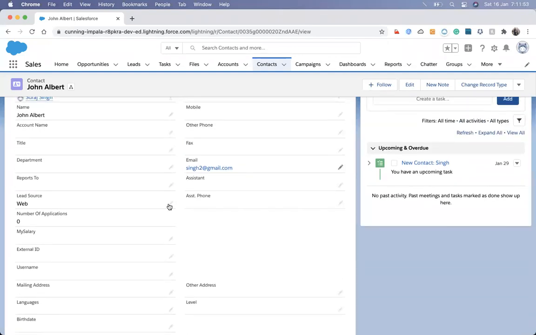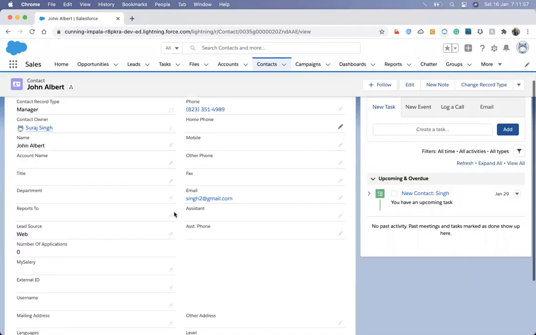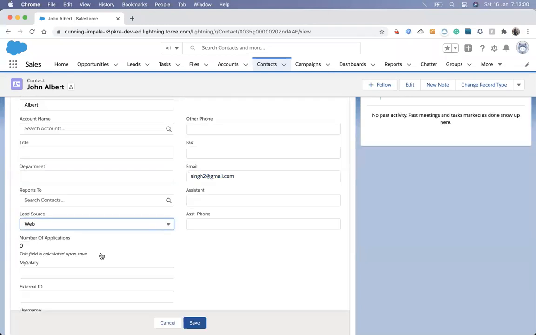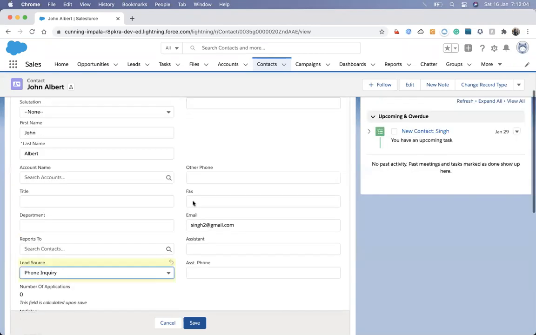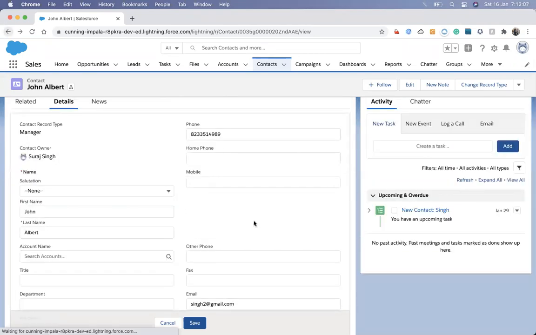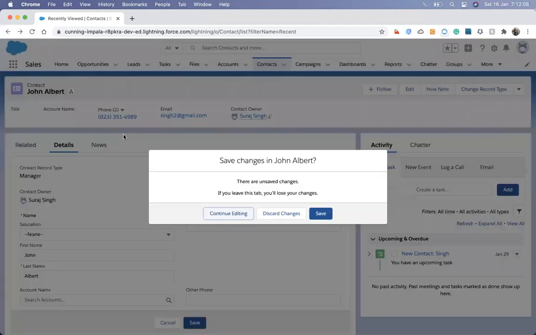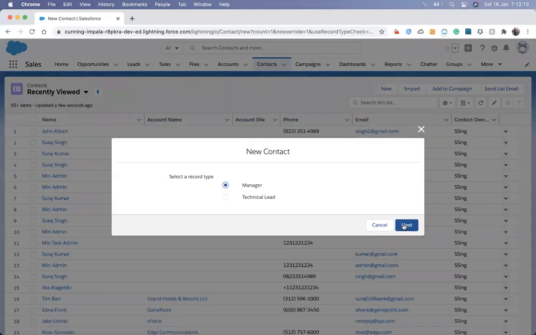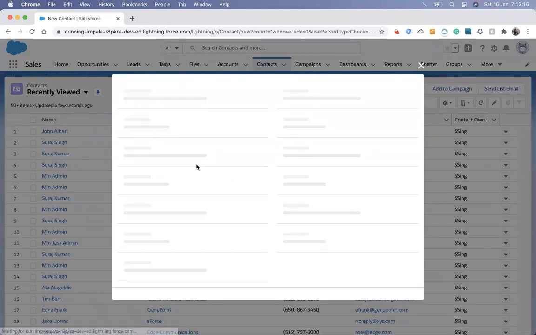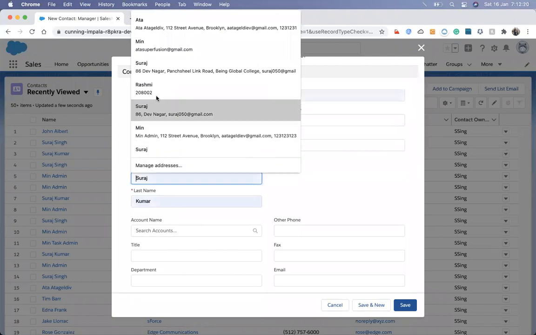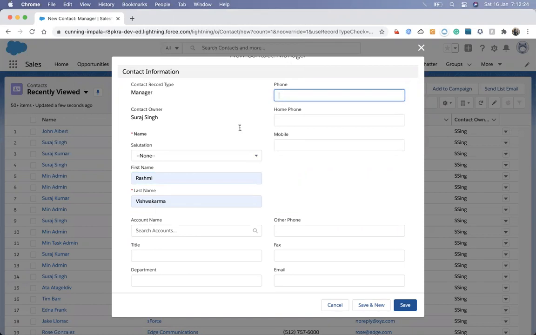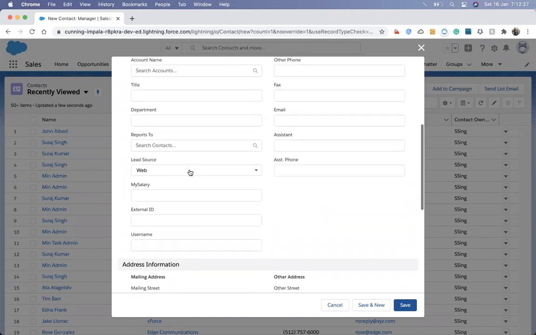Since we have designed this thing, if we select phone inquiry, you remember that in the before insert trigger we designed a logic that says if we have a phone inquiry and if phone is null, then it will throw an error, right?